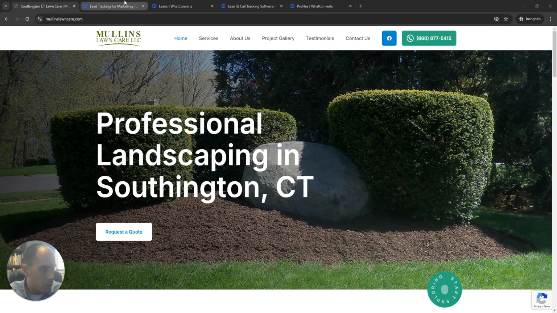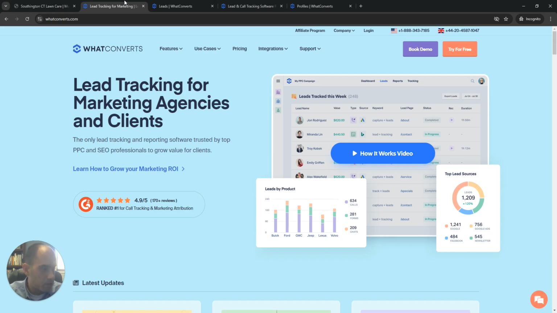The tool I like to use, and there are many different ways to do conversion tracking. There are tools out there like CallRail, What Converts. You can use other tools like Google Analytics to track events such as phone number clicks. The tool I like to use is called What Converts. It's just whatconverts.com. And basically, it lets you track form submissions, phone calls, chat requests,